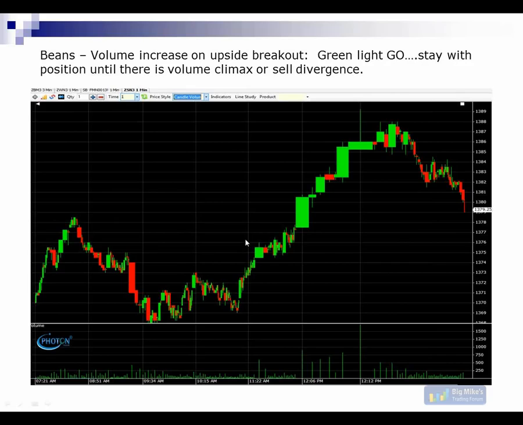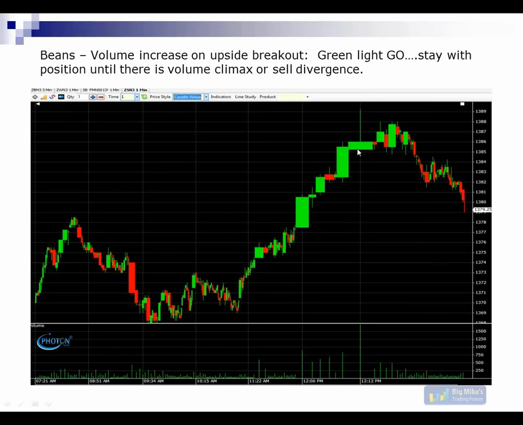So here's a case of the beans where we had the breakout from the converging trend lines. Converging trend lines must have 5 data points, 1, 2, 3, 4, 5, where you can draw a triangle. You always have to have 5 data points in traditional technical analysis. And of course, we started to see the increase in volume when you took out the previous highs. So this is a case where if you were trailing a stop, and here's another increase in volume